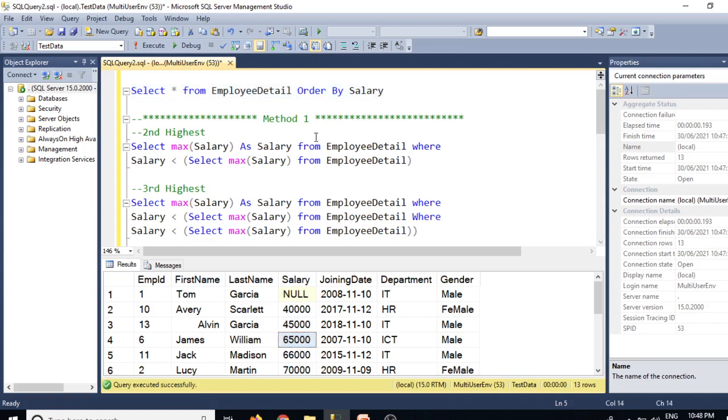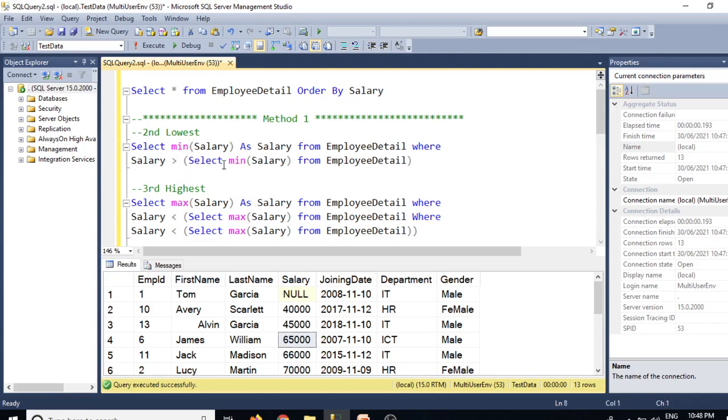So let's see how we can get the lowest salary, the second lowest. Instead of highest I'll make it lowest, and then we used the max function, right? So instead of max I'll use minimum, and here we have the less than symbol, so we'll use the greater than symbol.